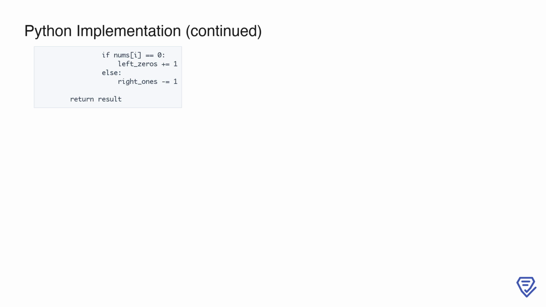To update the counts for the next division point, we check the value of the current element in nums. If the element is 0, it means we're adding another 0 to the left side of the division, so we increment left_zeros by 1. Otherwise, if the element is 1, we decrement right_ones, since 1 less 1 will remain on the right side after this division. Once we've completed iterating through all possible division points, we return the result, which contains all the indices where the highest score was achieved. This approach ensures that we efficiently calculate the scores in a single pass, maintaining an optimal time complexity. By carefully updating the counts of zeros and ones as we iterate, we avoid redundant calculations and produce